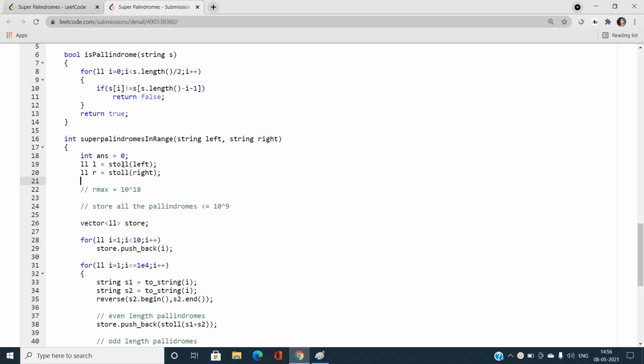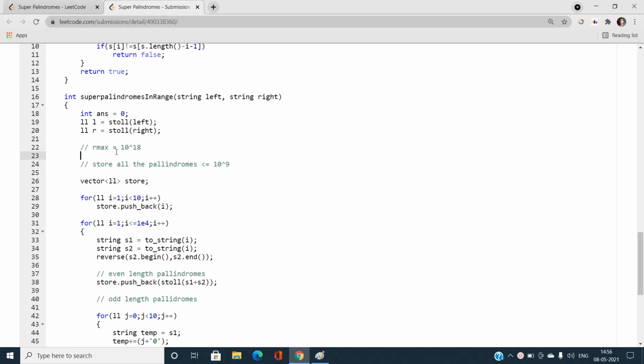Okay, and R max can go up to 10 power 18. I will store all the palindromes less than or equal to 10 power 9. How am I going to do that? I will just iterate from 1 up to 10 to the power 4, and I will reverse the strings. Now you can easily see I have a store vector that is going to store them, and first I have stored strings of palindromes of length 1.